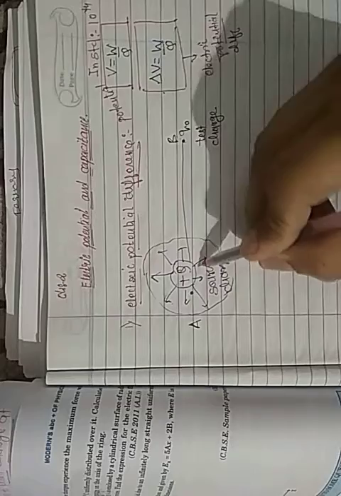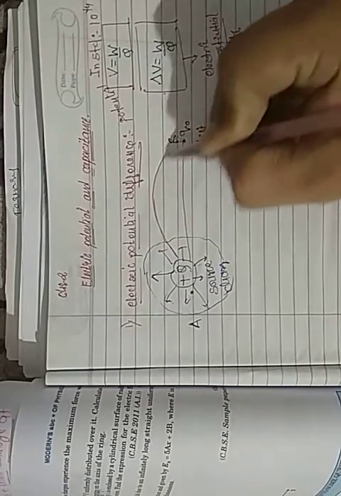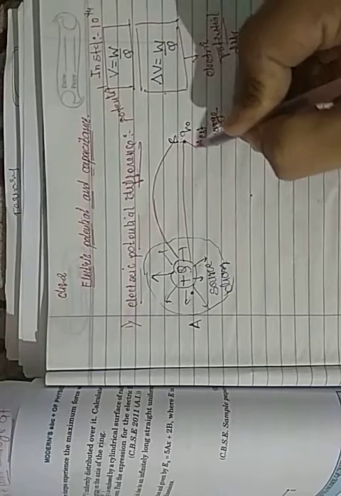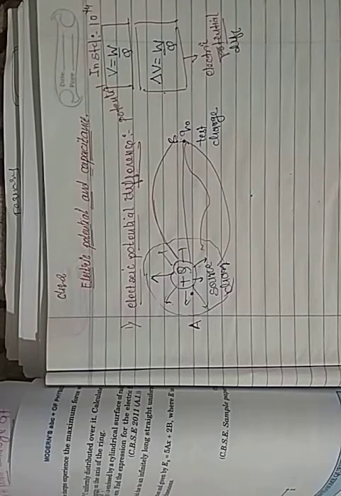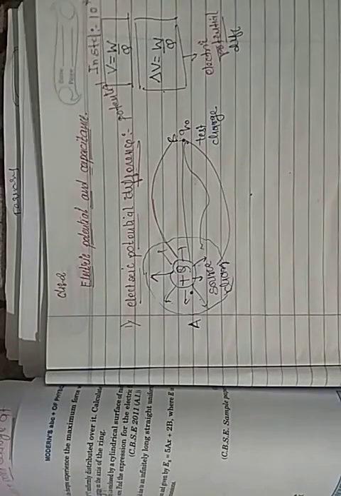Okay, so directly it can come in a straight direction. It can come straight from B to A, or I can choose a curved path. Either we can move along this curved path or any random path. At any cost, our intention is to bring the charge from point B to point A, and point A is inside the electric field. Okay, so how to get this?